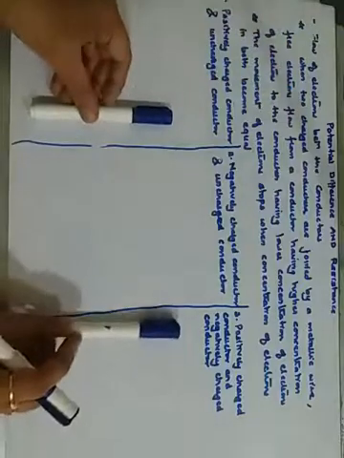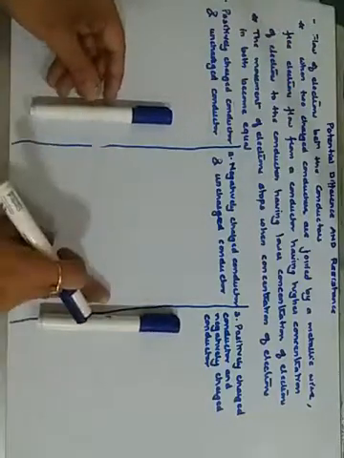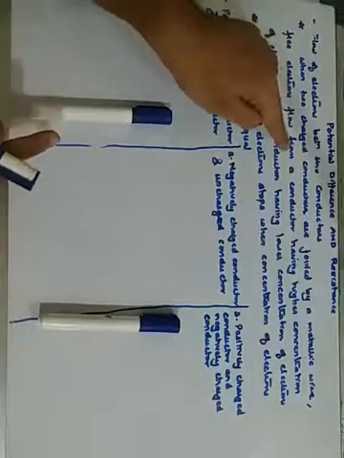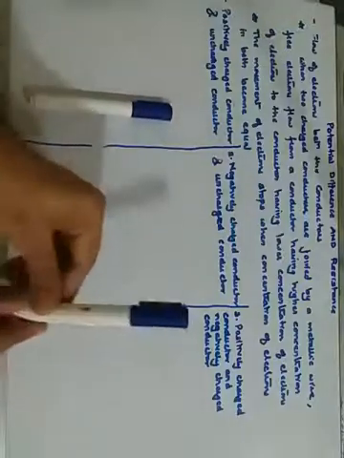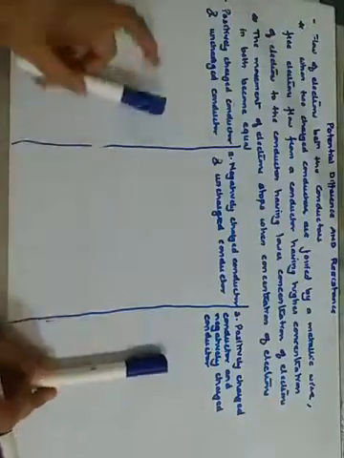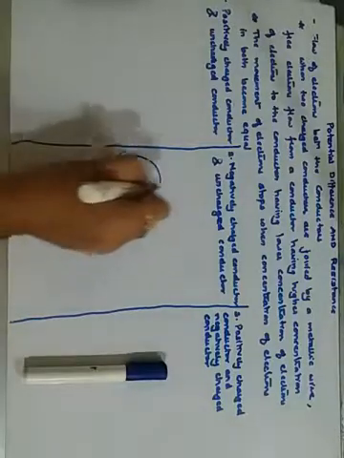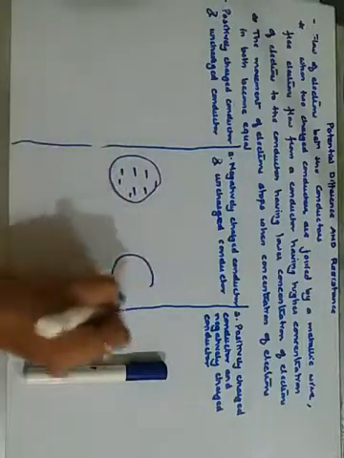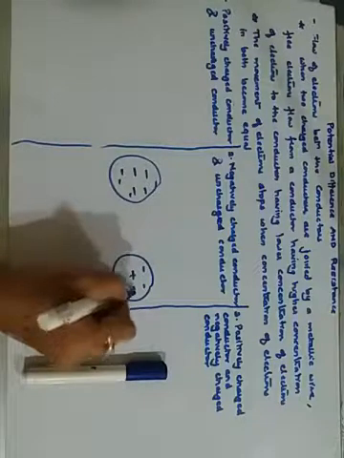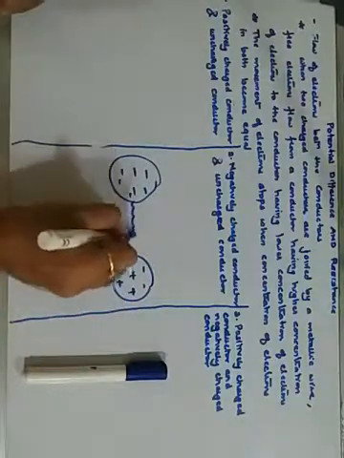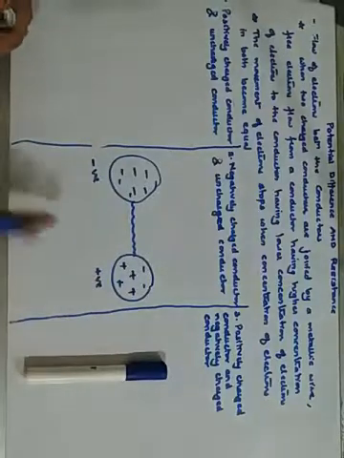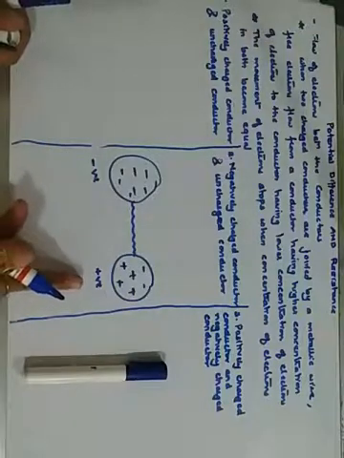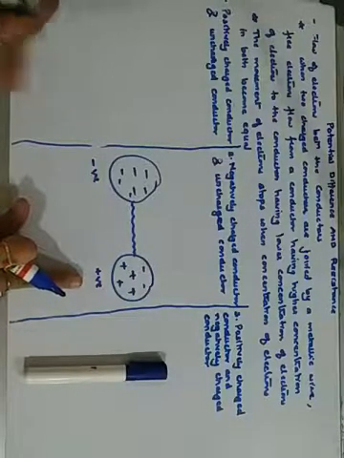So let me again revise it. When two charged conductors are joined by a metallic wire, then the free electrons will flow from a conductor having high concentration of electrons to a conductor having low concentration of electrons. Okay, if you want to learn diagrammatically, then this way. Here the negative charge is more and here the negative charge is less, so more is positive. So if I connect these two, this is negatively charged and this is positively charged, more number of electrons will move towards the less number of electrons. Say less number or concentration.